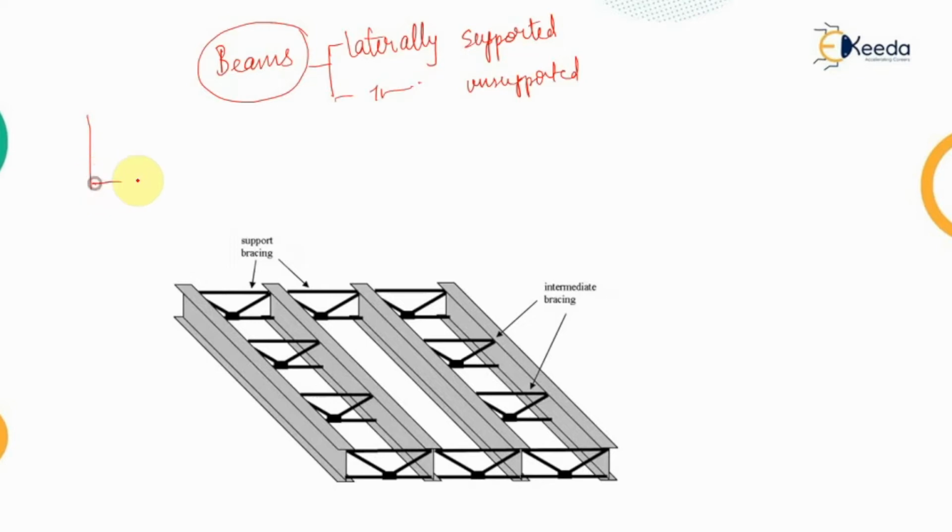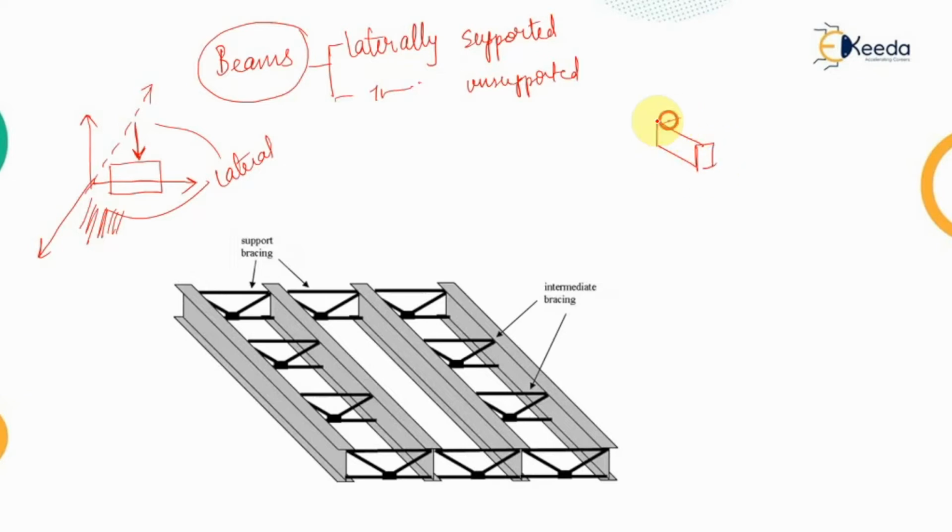So for any Cartesian axis, let's say this is the coordinate system that we are familiar with. Now this beam is lying along the x-axis, so the load will be applied in the transverse direction. This direction, which is out of plane, either in the positive direction or in the negative direction, will be known as the lateral direction. So when the load is there, this beam will be showing the deflection in the transverse direction.